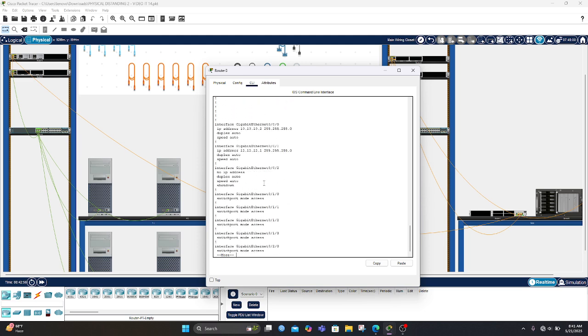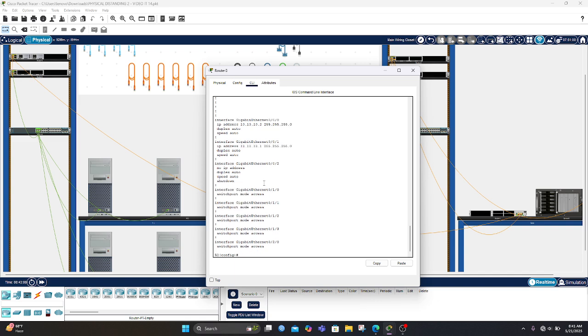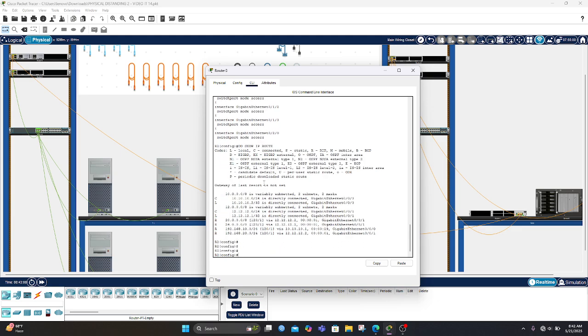Yes, just routing configuration. Let's see what the routing is. So show IP route. Okay, the routing is R. This means RIP.